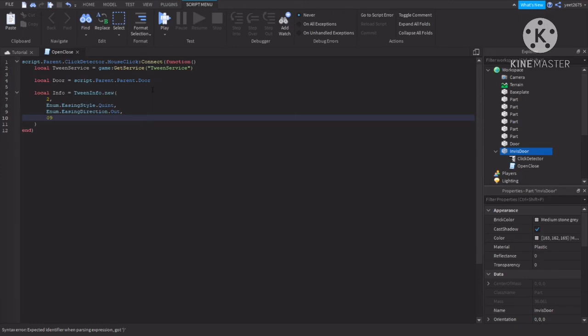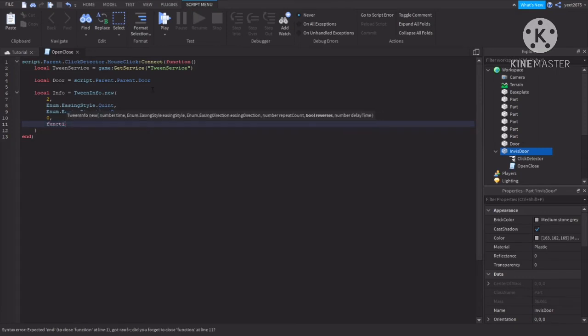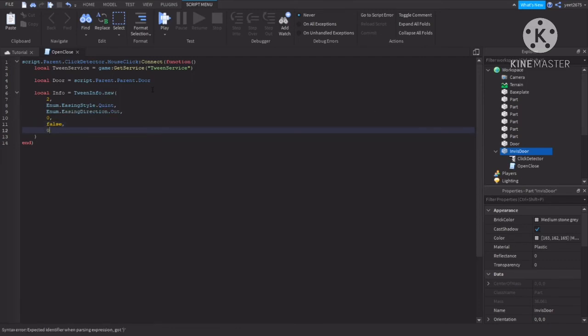And then we'll do how many times it repeats. So we've done 0 because we don't want it to repeat at all. So then we'll do a new line. We'll do false because we don't want it to go back on itself, which would look a little bit weird. So then the new comma, last line, 0, that's the amount of time it waits. Actually, we'll put 1 in for this because the door might need to wait a bit while you're pushing the